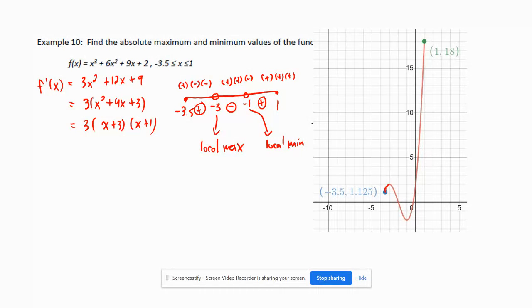So let's figure out what these points are. So I can go into my original function to figure out what the y value at this point is. F at -3 equals, and guys, I'm just going to fire this in my calculator here. -3 cubed is -27, plus 6 times -3 squared is 9, plus 6 times 9, plus 9 times -3, plus 2. It's giving me a negative number here of